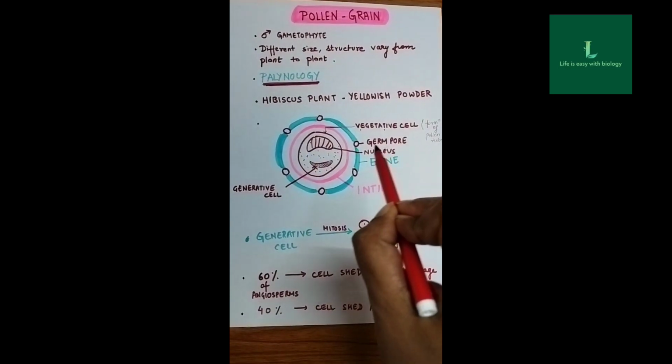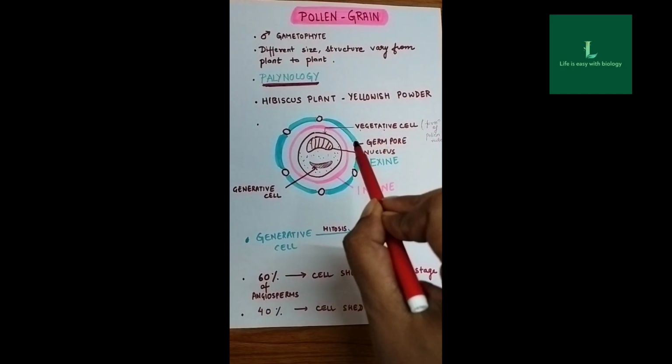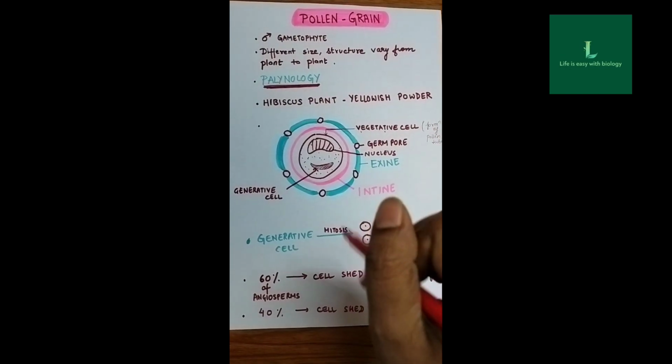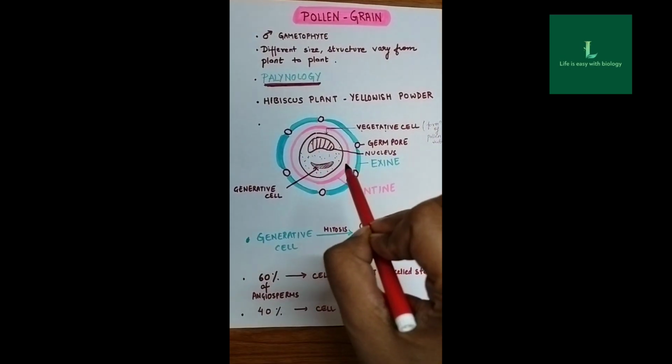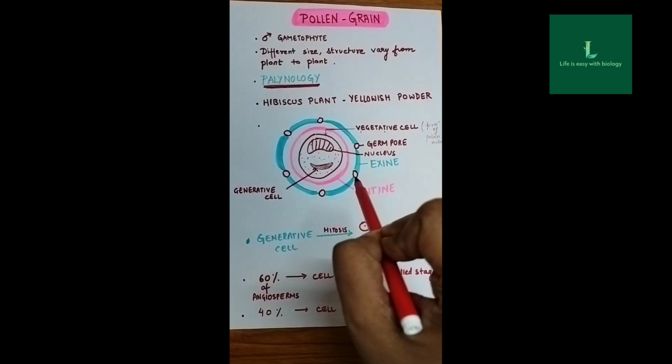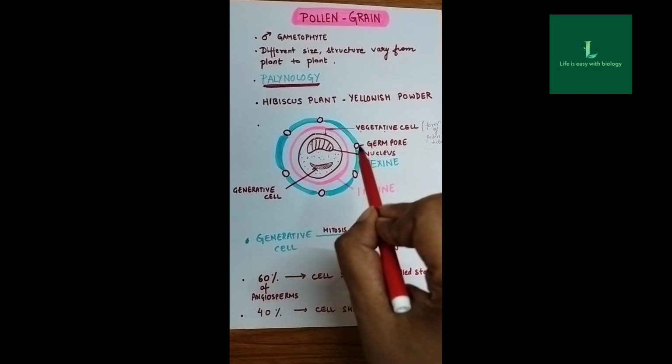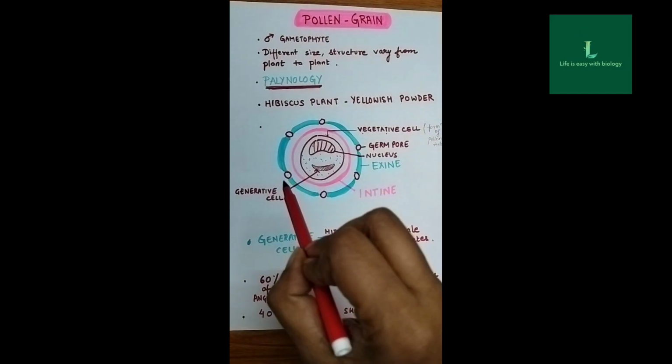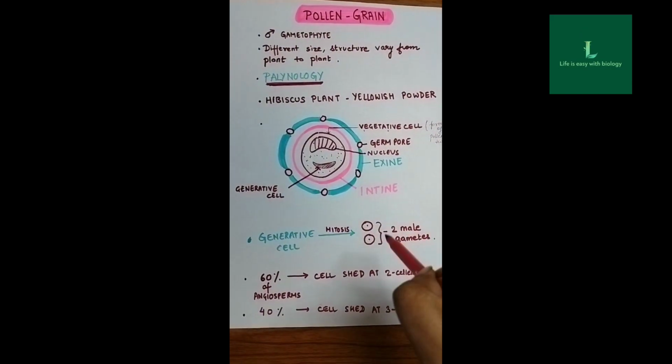This is known as the germ pore, from where the pollen tube will be formed. The vegetative cell contributes in the formation of the pollen tube from the germ pore,